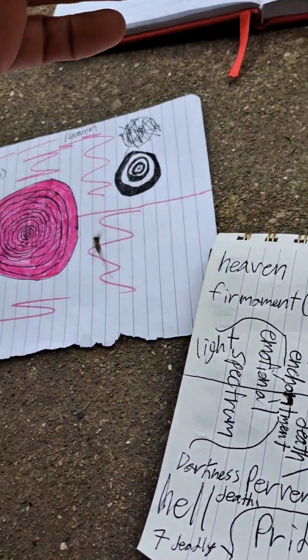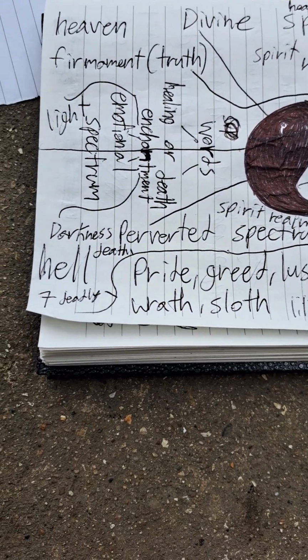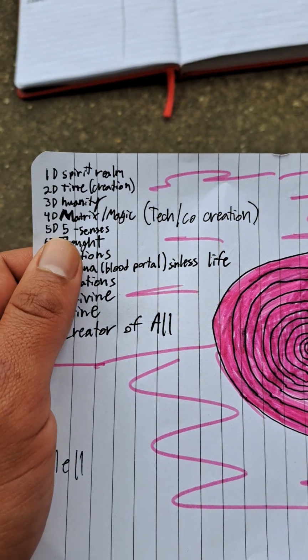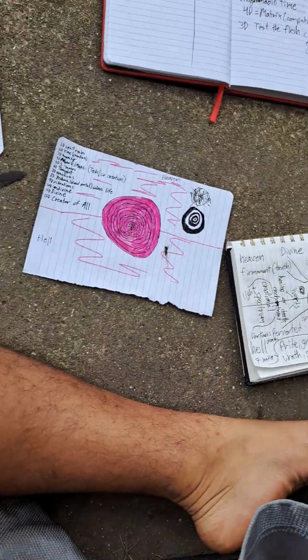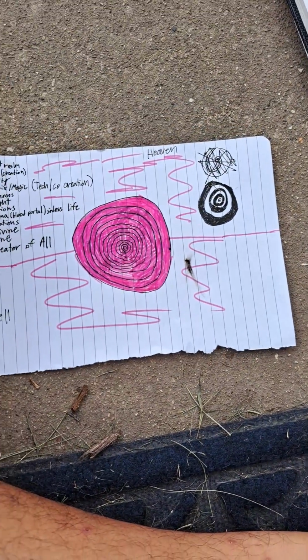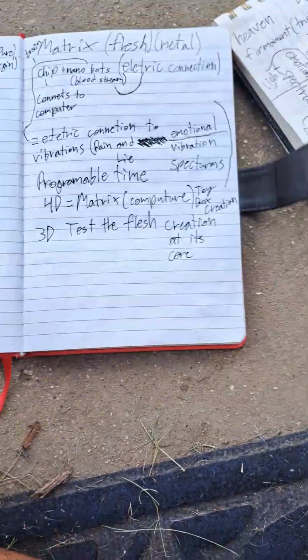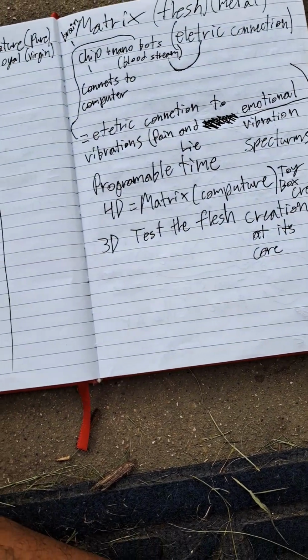Alright, this will be part 2. And if you understand what I was talking about the Matrix and how the Matrix works, you would understand that I was talking about the 4D and the 3D. And I want to tell you guys how the 3D